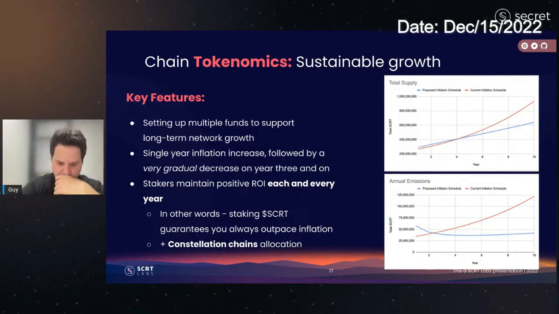And the way to enable growth is by setting up domain-specific funds that propel that growth, that help Secret grow in the places where it had the most trouble growing. And then the other idea is that it doesn't matter what we do short term, within a few years, inflation is going to decrease, not rapidly but gradually, to make sure that this is something that is easy for everyone to get used to.